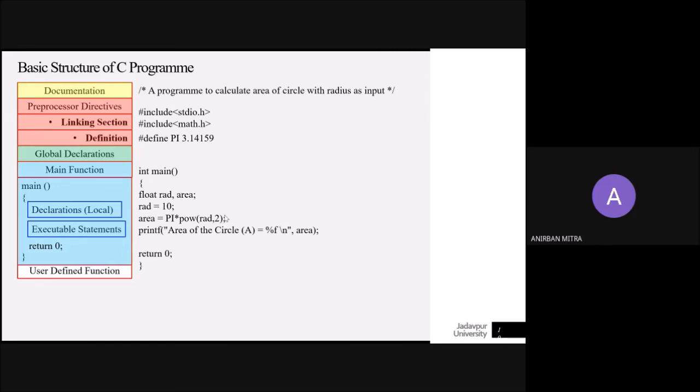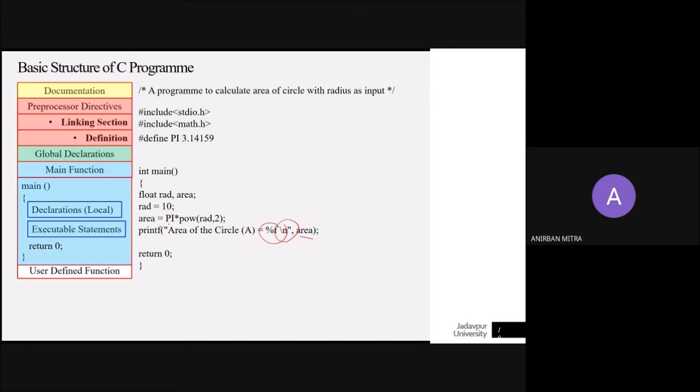Once the value of the area is printed out over here, then you can write return 0 and end the main program. So this is how a slightly more complicated program, if you want to call it difficult, can be done. Now, there are certain things here which would be unknown to you if you have not done C previously. What does this %f mean? What is the meaning of this? What does this \n mean? Why have we written comma area here?